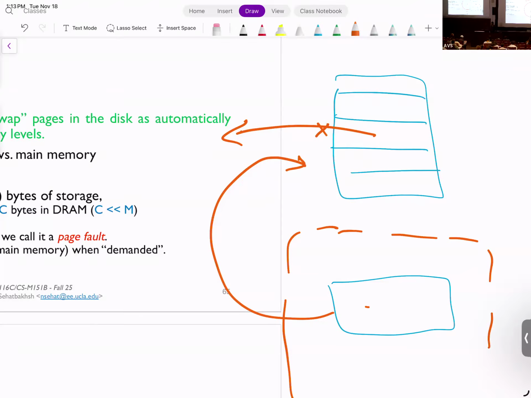Oh, on the disk, how do we store things? Yeah, you can make it continuous. Yes, you can make it continuous. How exactly you store things might be different, but you usually also have sectors. So depending on what technology you're using, some flashes have. Yeah, you can also decide on how to store things to retrieve them as fast as possible.